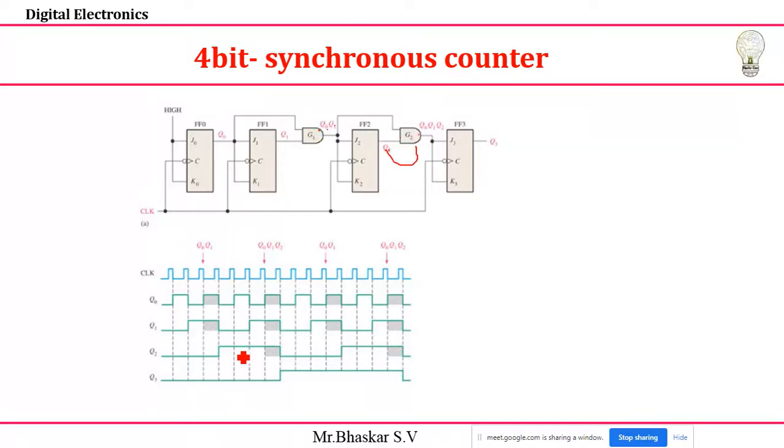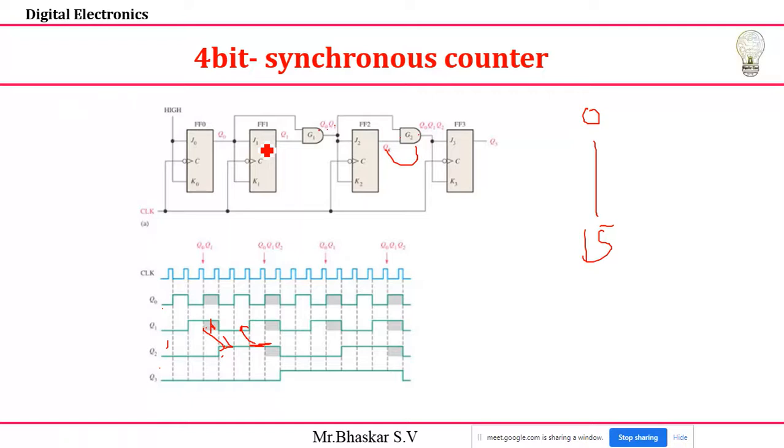Here also the same thing. For every previous edge, suppose the previous value is 1, you do the toggling at the next edge. Or if the previous value is 0, don't do anything, just keep that value as it is for the clock edges. So similarly later you analyze the values, I'll get 0, 0, 0, 0, 0, 1, but the maximum count will come from 0 to 15. Okay, so 0 to 15 is what we are getting. Okay, this is about the 4-bit synchronous counter and asynchronous.